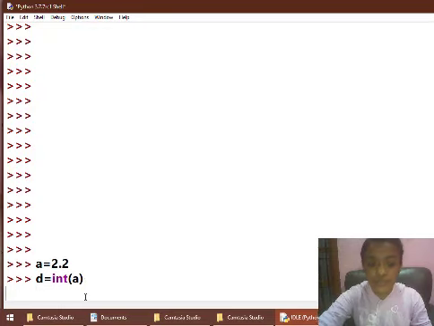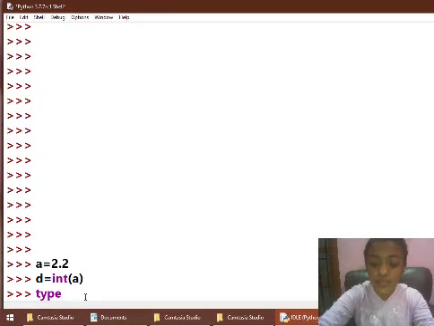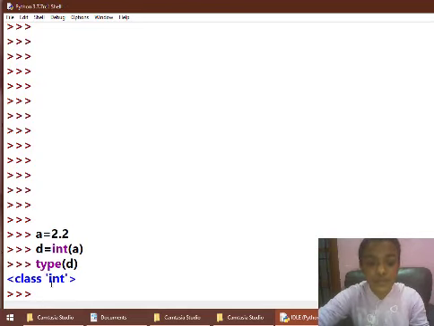Let's check it out. Now when I type type and then b, Python says that the value stored inside the variable b is of the type int. That's it.